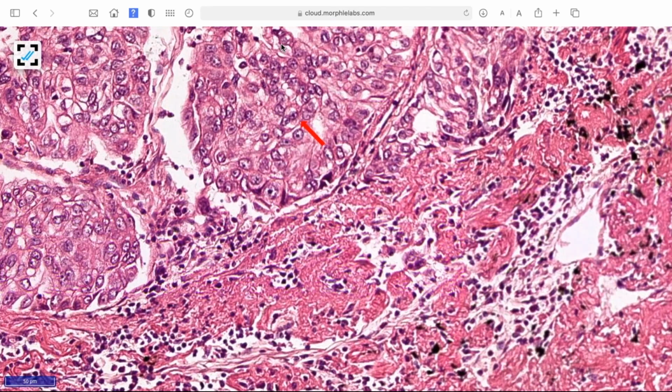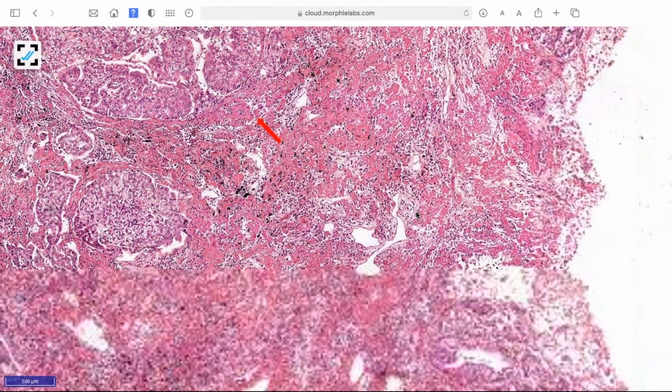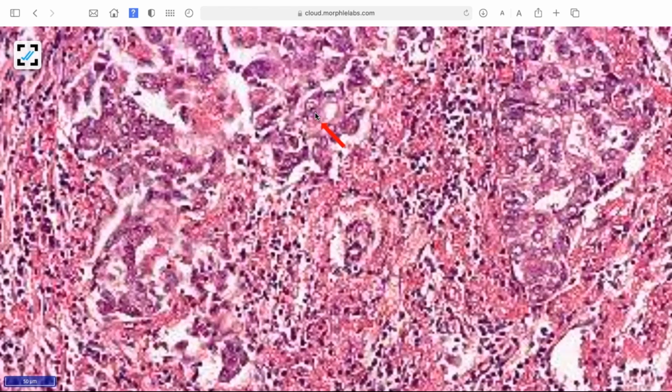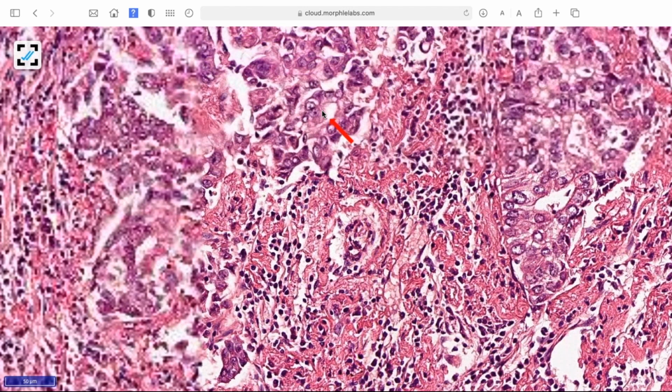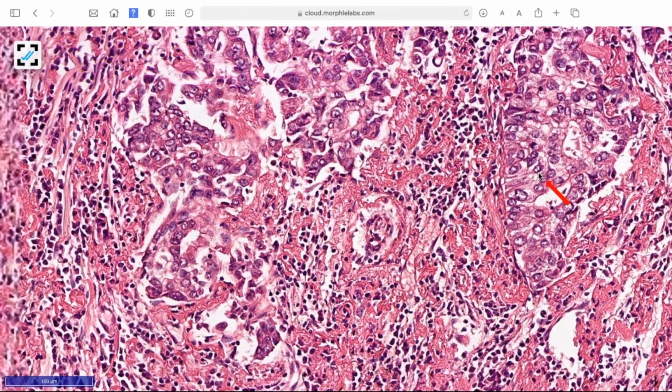Some necrosis. Go to the low power. Go to some other area. Here it is looking more glandular, isn't it? Let us wait for the slide to get focus. Yes, some glandular and some squamoid areas are there. So we have to think of adenosquamous carcinoma, and we have to do markers.